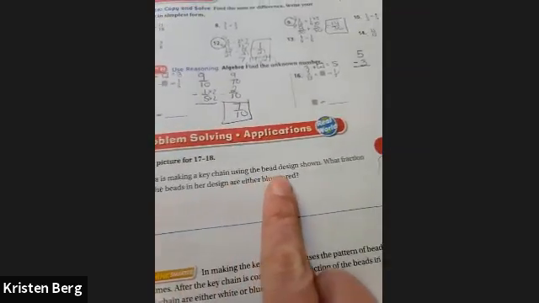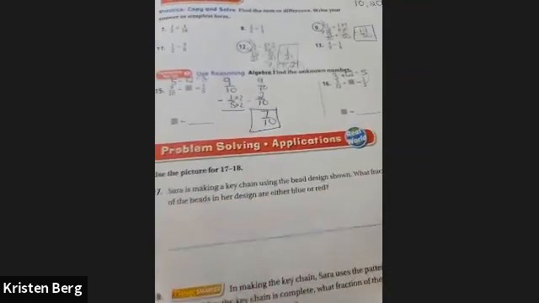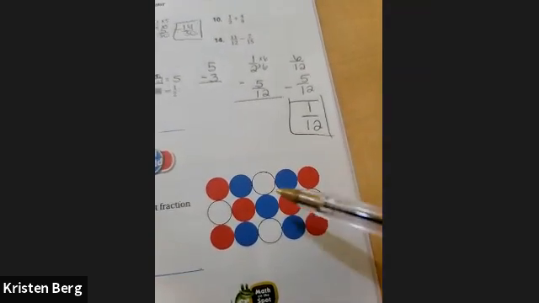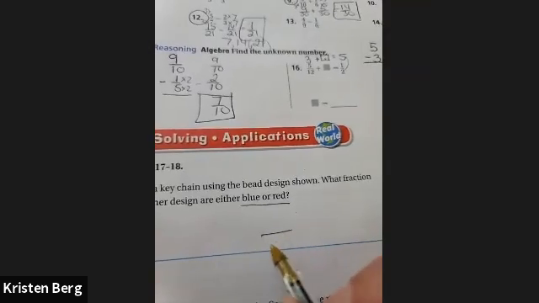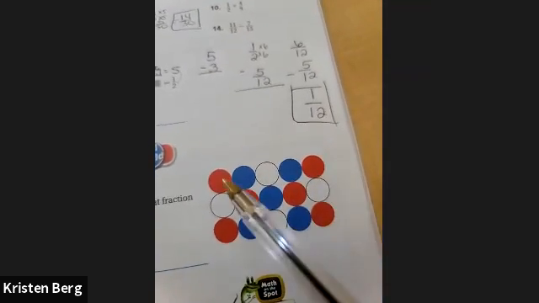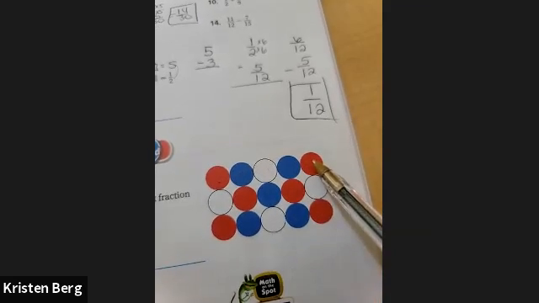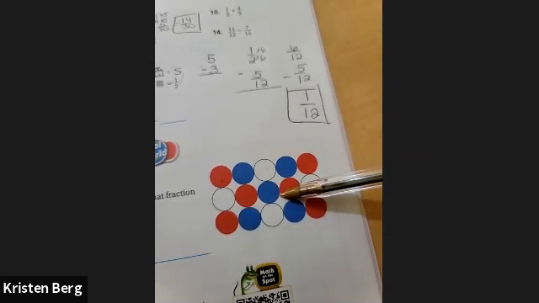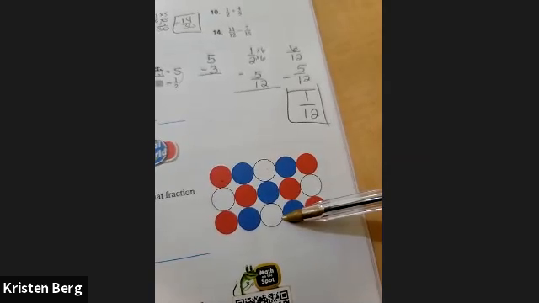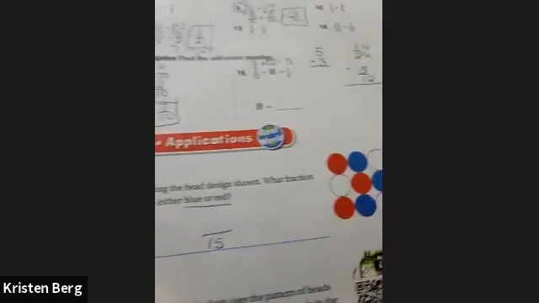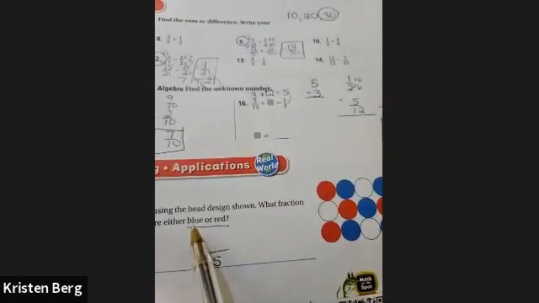All right, next. Sarah is making a keychain using the bead design shown. What fraction of the beads in her design are either blue or red? So in order to figure this out, the fraction means the bottom number is how many total there are. So how many total are there? It is 1, 2, 3, 4, 5. So we're going by fives 3 times. So 5, here's another 5, so that's 5, 10. And then here is another 5, so that is 15. So that means there are 15 total beads here,